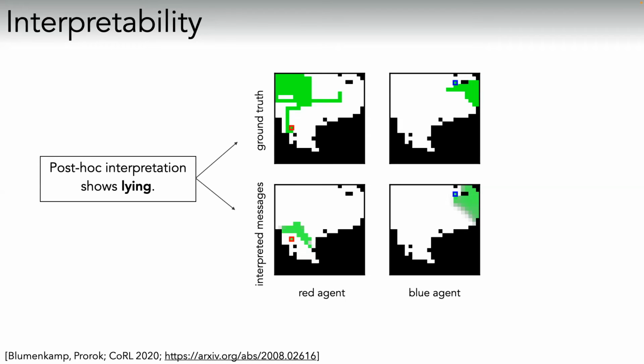The red agent, however, has learned a communication strategy which essentially corresponds to a lying strategy. So this is what it has covered, and that is what it's telling its agents that it has covered. And that is somehow how the red agent has learned to manipulate or to outperform its other agents. The reason this is happening is because we have a differentiable communication channel, but the blue agent's strategies were fixed. They couldn't react to the agent's strategies. We show in the paper that if you then unfix the blue agent strategies and they can react to what the red agent is doing, they can recoup the performance again, which is a great relief.